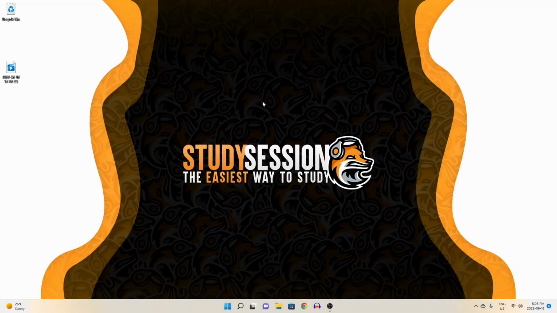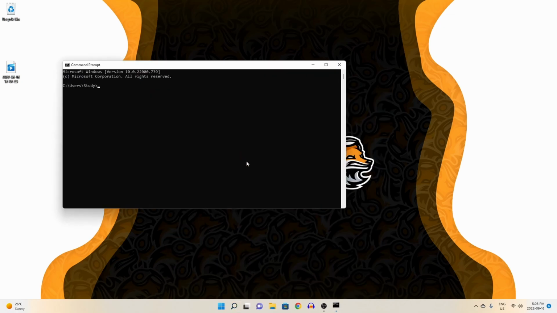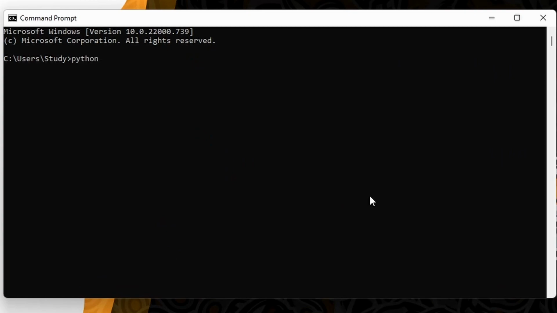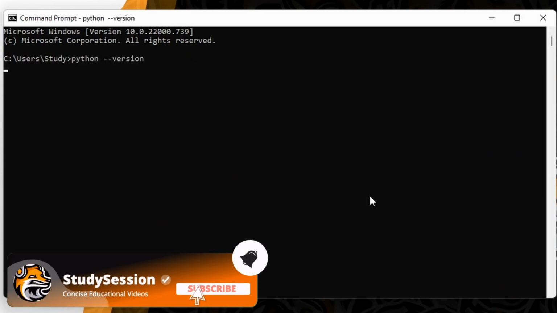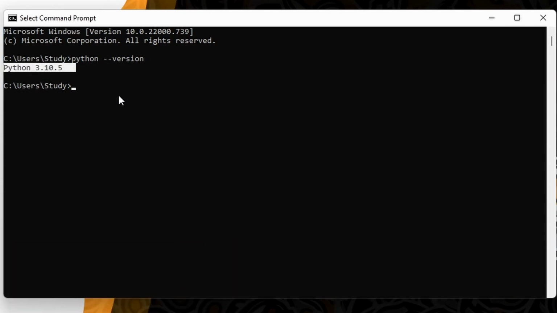The first thing we're going to do is double check that you have Python installed on your PC. So, to check this, let's open up our PC's command prompt through our search feature here on the taskbar. Then, let's type python --version. This will tell you whether you have Python installed or not. If you do not see a Python version here, then you should check the link in the top right hand corner of your screen now or in the description down below to download Python on Windows 11.